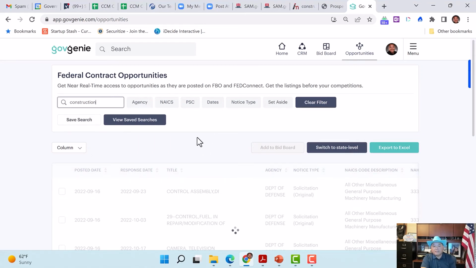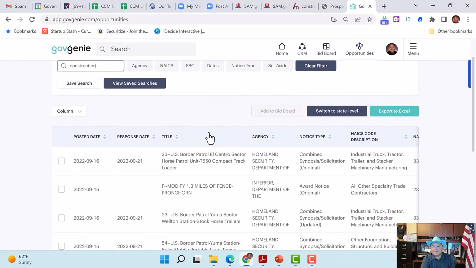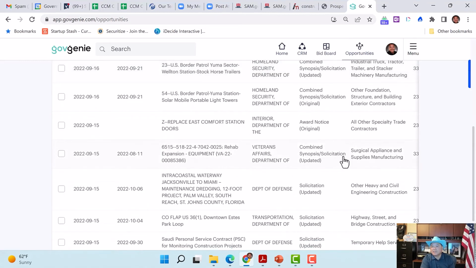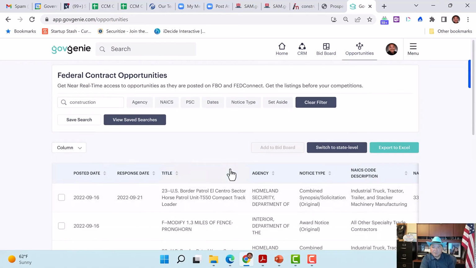So this is one system in terms of where you want to look for opportunities. GovGenie is designed to do more than just look for opportunities, but I'm looking here. I see there are lots of different construction projects. There are over 12,000 construction projects in the system here. So this is one way.